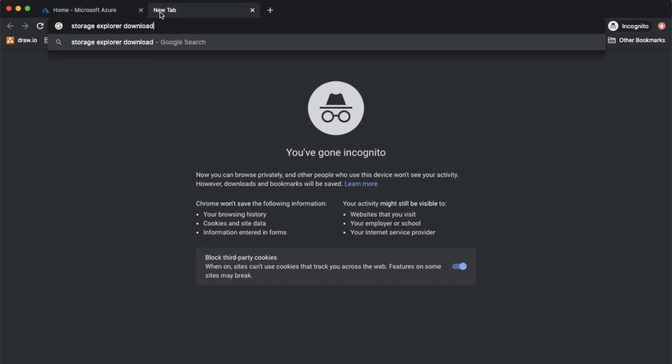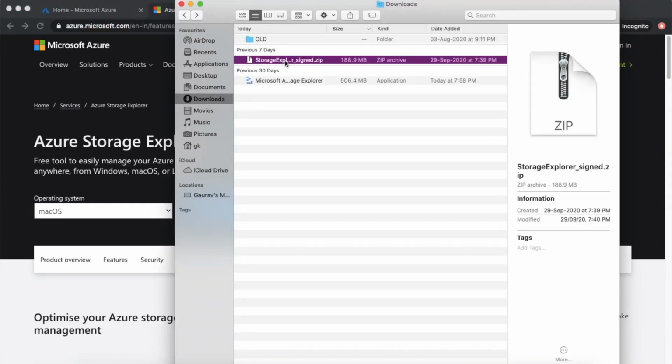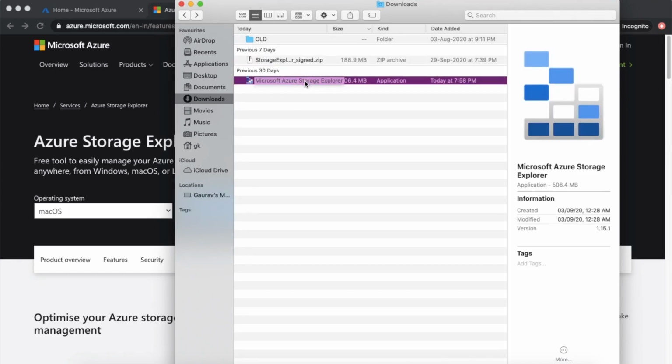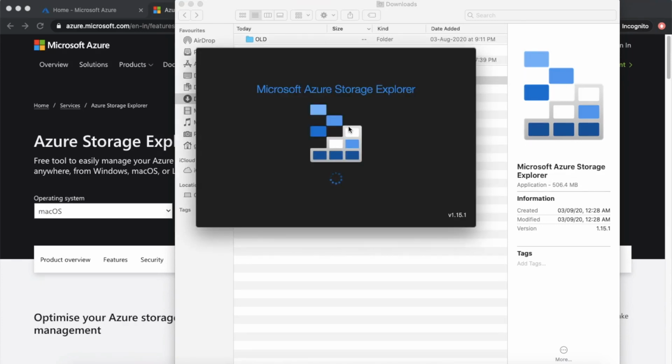Download. I'll show you from the very first stage, that is to download the Storage Explorer tool. To download, you have to come to this link, which I have already typed in Google itself. It has directed me to this link, and now you can download it. I have already downloaded that file in my downloads. This is the file that was downloaded, and when I unzip that file, I got this Storage Explorer tool. So I'll just double click on it and follow the process of installation, which is just clicking